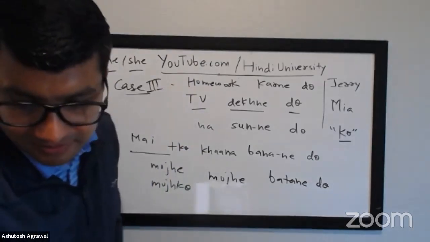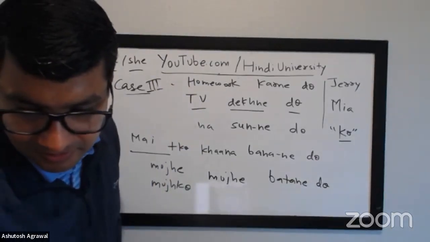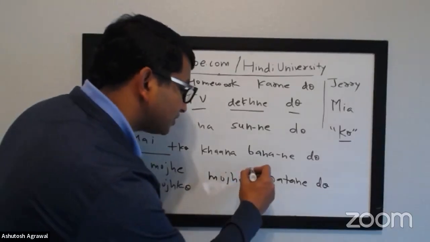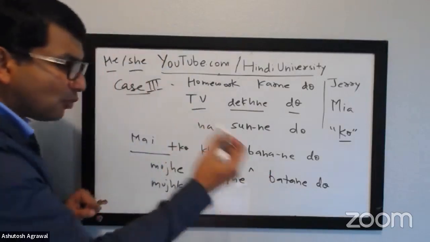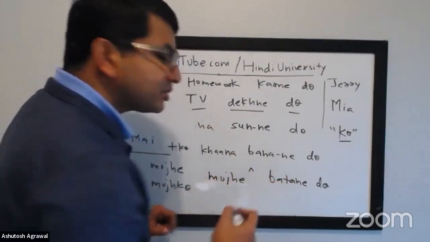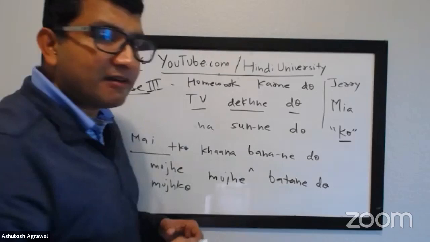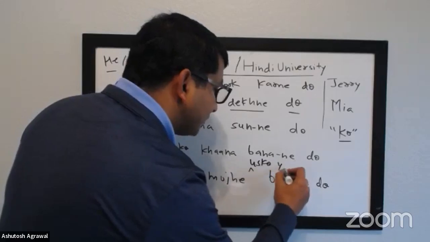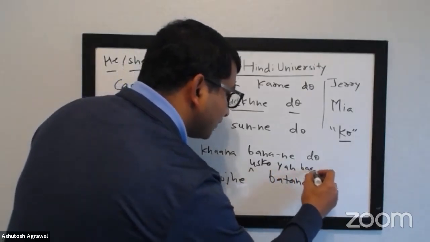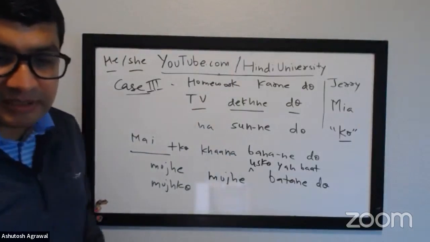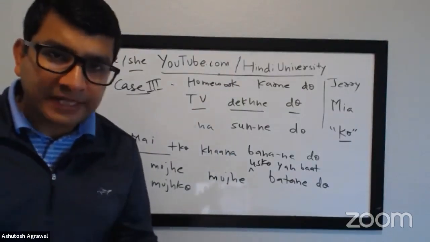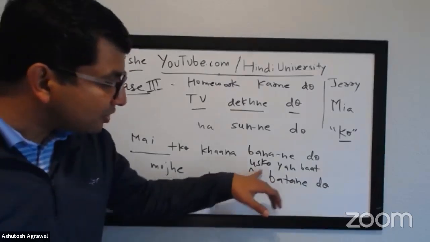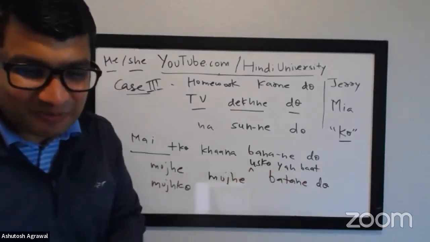I had a question. What if batane had an object? Like mujhe usko batane do? Yes, you can say that. It will make more sense if you want to share a secret: मुझे उसको यह बात बताने दो. मुझे उसे ये बात बताने दो. Let me tell this secret to them. It's a complex one. If it's hard, you can just stick with मुझे बताने दो. Austin ji, very good job trying a complex sentence.